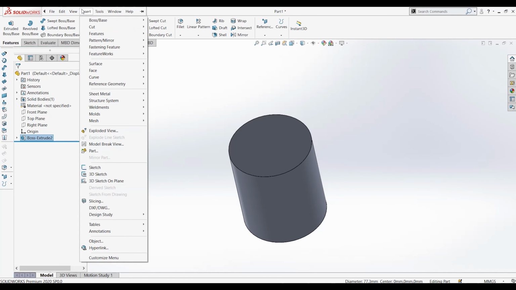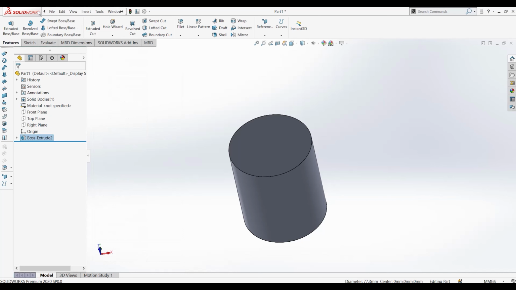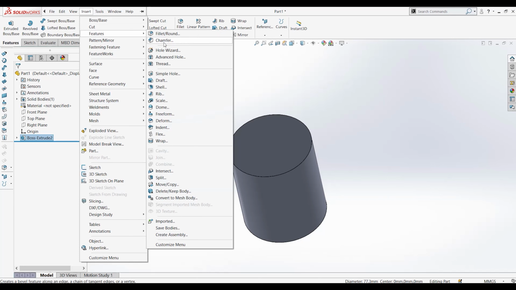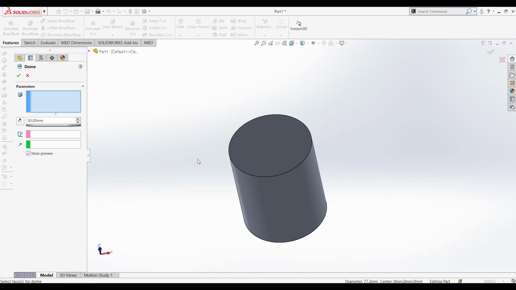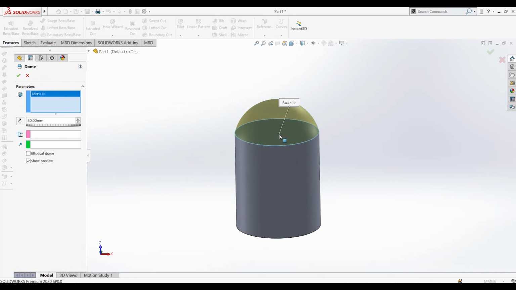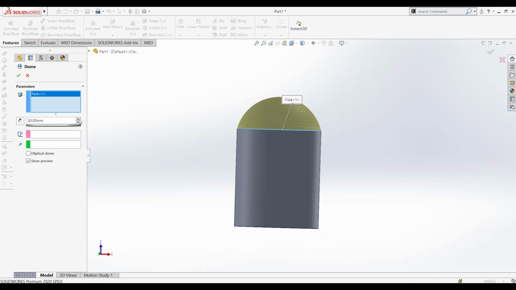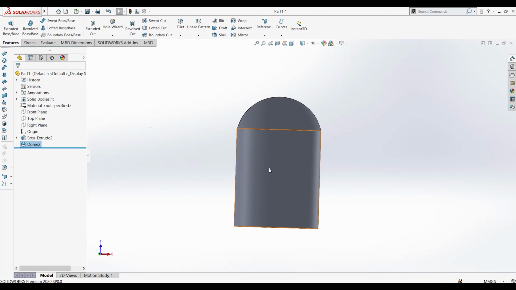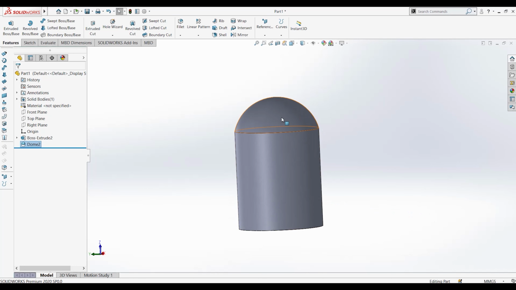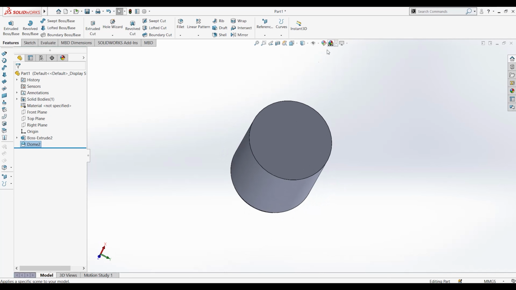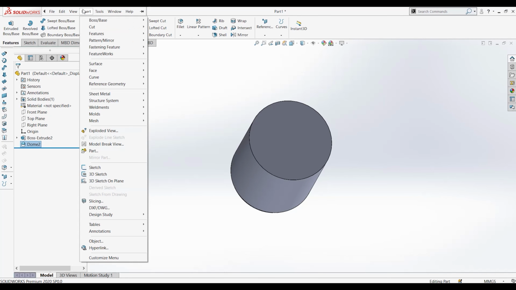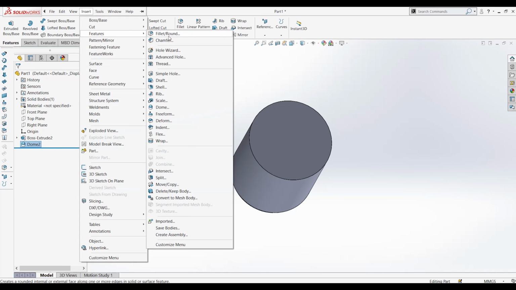Now again the dome feature can be activated in the insert menu. So go to insert features and dome. So select the surface to create the dome and give the dimensions as you want, and now you can press OK. The dome is created as you can see, and there's another feature also in dome, so let's see it